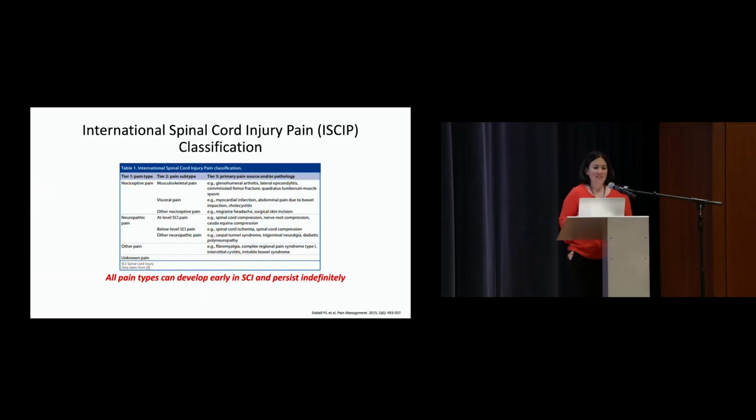The reason this expert group did that is because we're starting to learn in the literature that there are probably very different mechanisms that underlie these different neuropathic pain types, which would suggest that the treatments we use for these different pain types might need to differ substantially. For example, one medication that we might use for at-level pain may not work as well for below-level pain. But unfortunately, despite this classification scheme, today most studies looking at treatments for neuropathic pain still do not separate at-level pain and below-level pain. They're very difficult things to tease out, and it's very difficult to study those things.